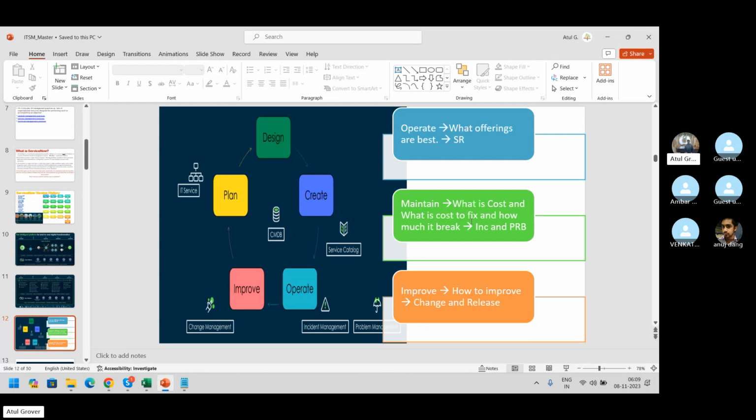My wife purchased a few glasses. She wanted to buy something very specific. It is so delicate that if you hit it a little hard, it will break. She bought it because it was available at a good price. But now we are worried that if something breaks down on it, what is the cost to fix that particular offering? And how do we track it? With the number of incidents and the problem.